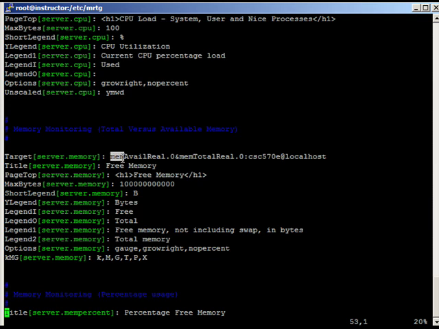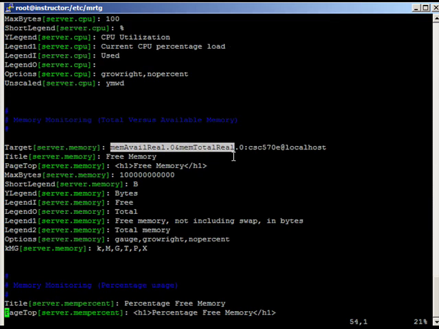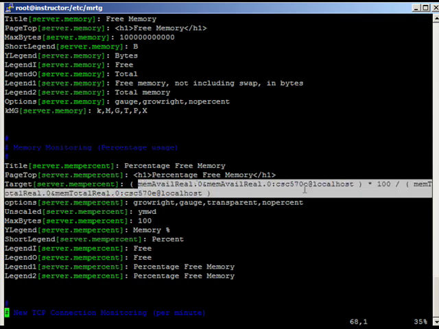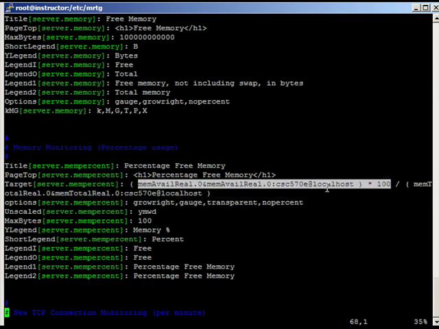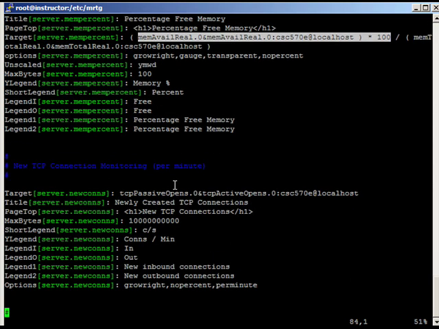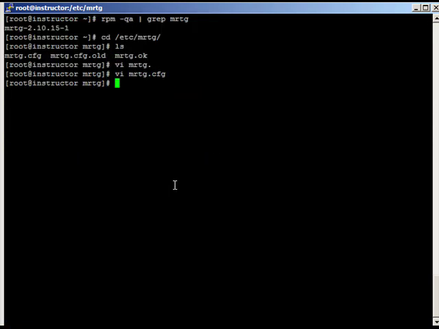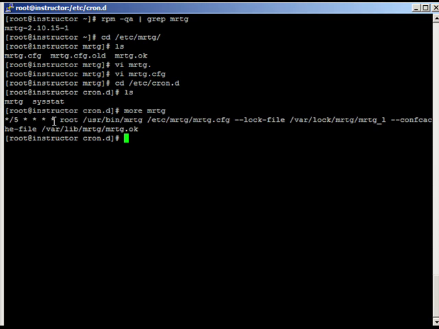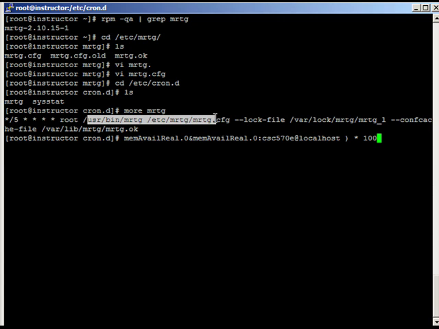Here I want to graph memory available. Here I want to graph percentage of free memory, which in this case is actually a calculation of different SNMP values. Basically there's a cron job in /etc/cron.d that runs every 5 seconds, and it runs this mrtg command to go out there and execute this file and store the information that it